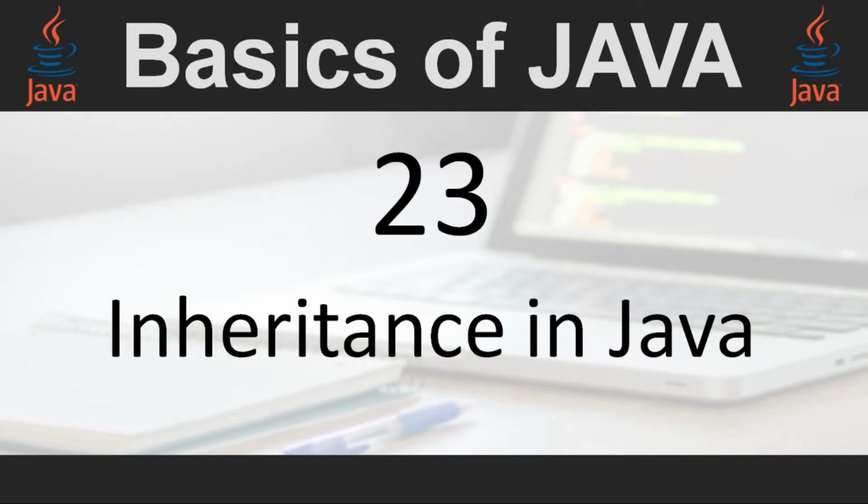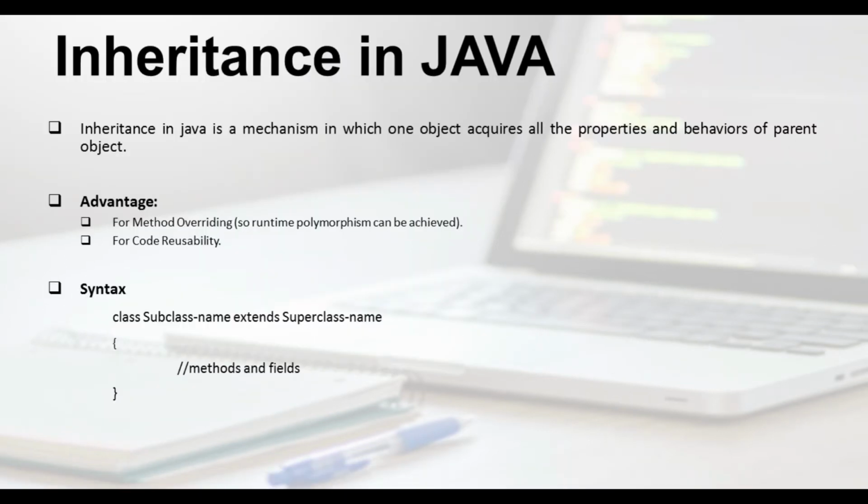In this video we are going to learn what is inheritance in Java. Inheritance means creating a new class based on the existing class. The new class will have combined features of both the classes. The class which inherits the property of other is known as a subclass or derived class, and the class whose properties are inherited is known as a super or base or parent class.